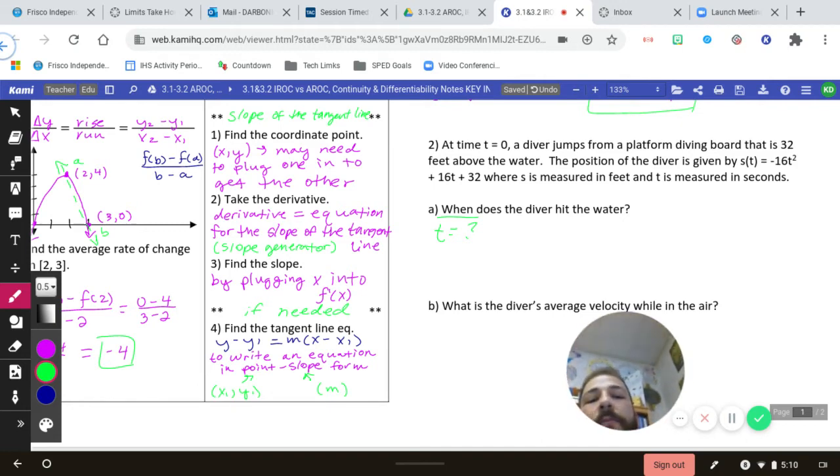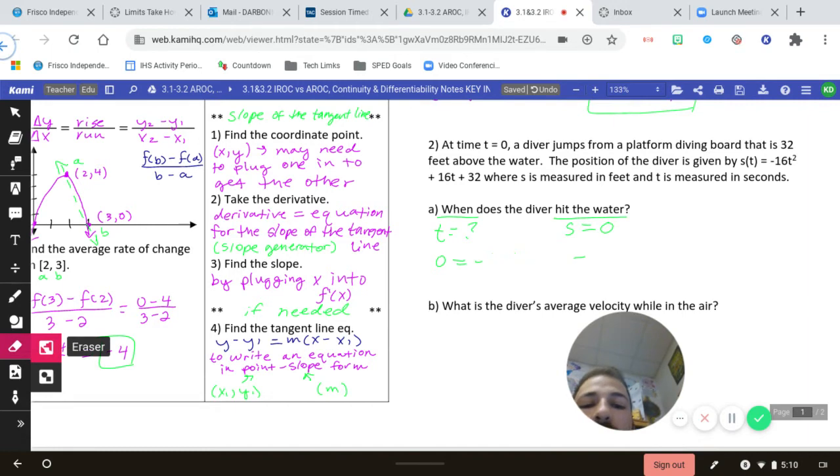So I want to know time. When do I want to know time? When I hit the water. So what's happening when I hit the water? Height would be 0. So I want to know t when S is equal to 0. So let's set that equation equal to 0. So 0 is equal to negative 16t squared plus 16t